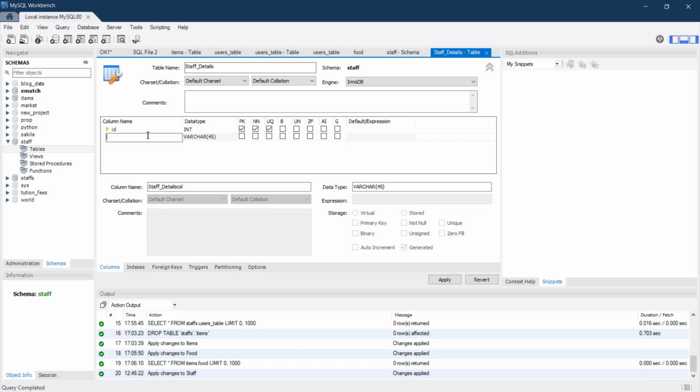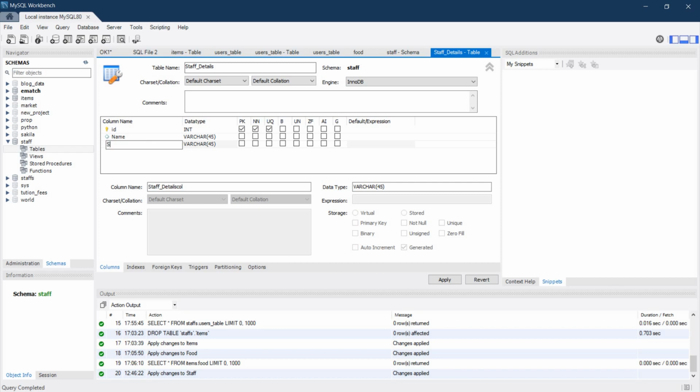Now what else do we need? We just need the name of the staff. So name. Then we can use the PK. Now we won't use unique here, so we can use not null here, and we can use PK here also. Yeah, so the primary key is always one, so it's always the ID. Then the next will be,